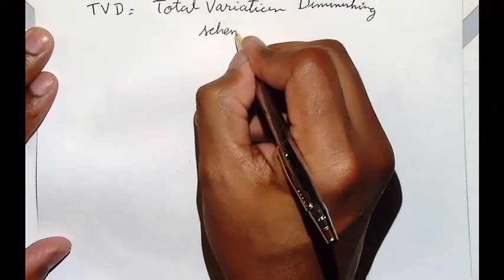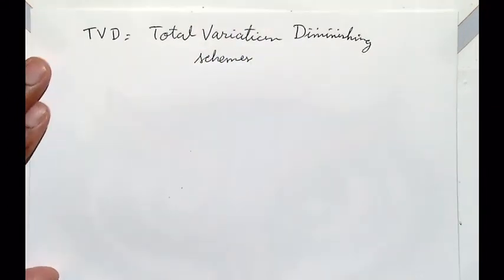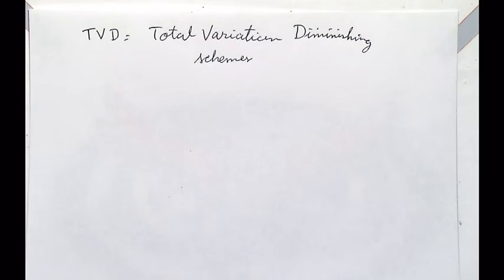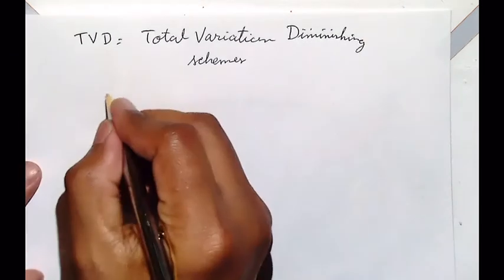Okay. So total variation diminishing schemes are just numerical schemes that ensure that you will not generate additional variation. So you will not generate these spurious extrema. Okay. And the condition that you need for that is, let's see, so TV is defined